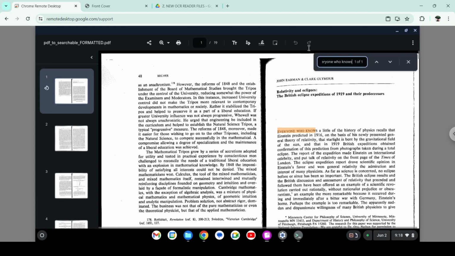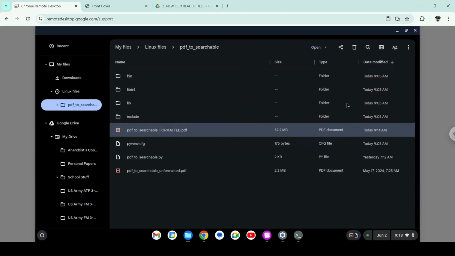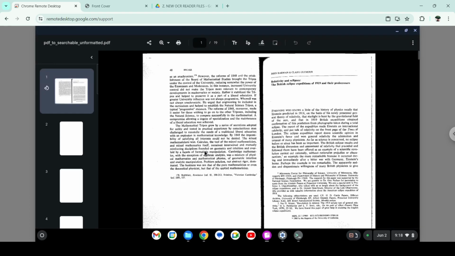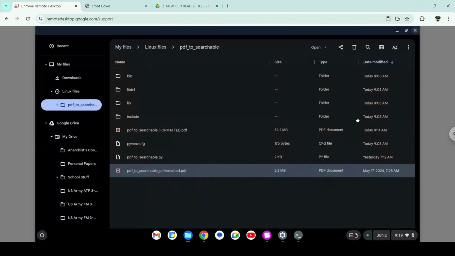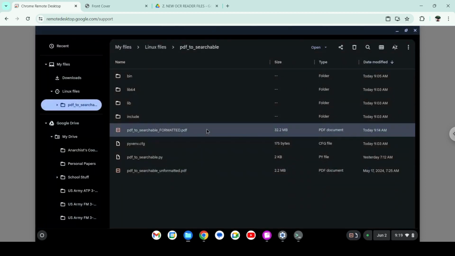And just to show you guys that it wasn't searchable before, here's the unformatted version. Control F. See how nothing comes up? So it was not searchable. It is searchable now. So we'll take this, Control C,